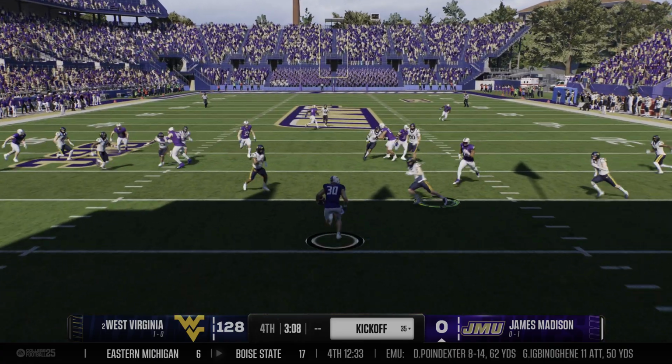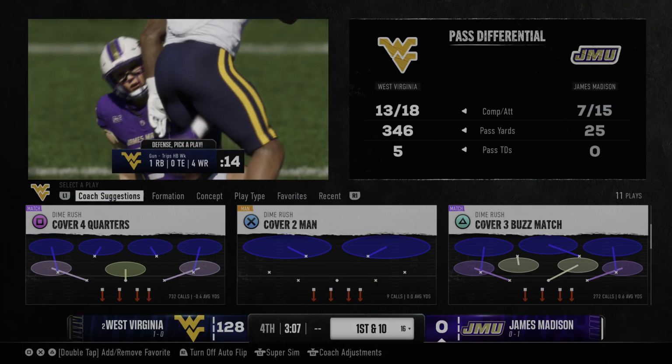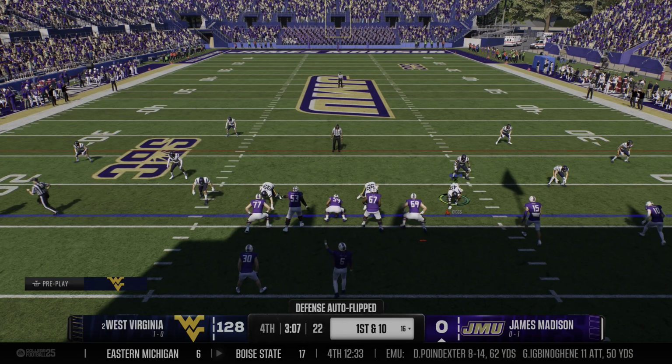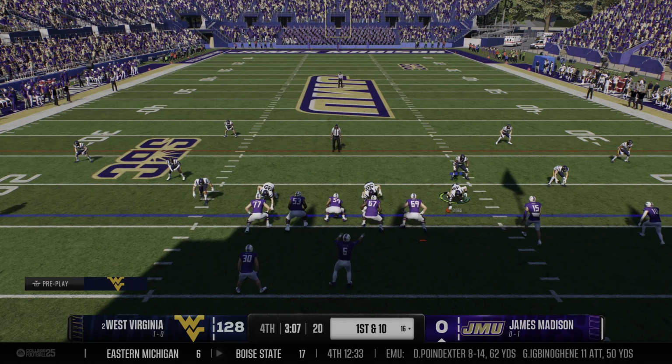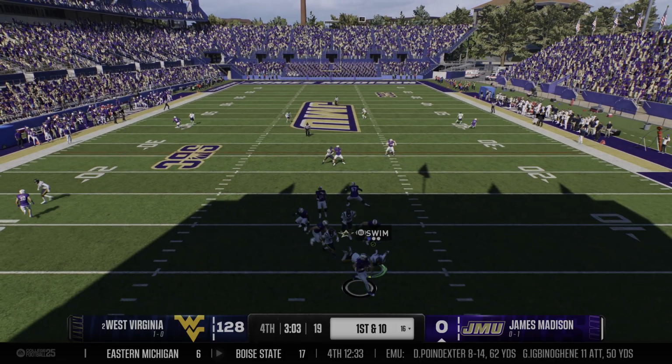He'll bring it back from inside his 5. Nice job by the kickoff team. Everybody stayed in their lanes, and they'll stop him at the 16. James Madison sends the offense back onto the field. David, the punter got some work last time. They'd like to keep him on the sidelines in this drive. Yeah, it's not something you want to...